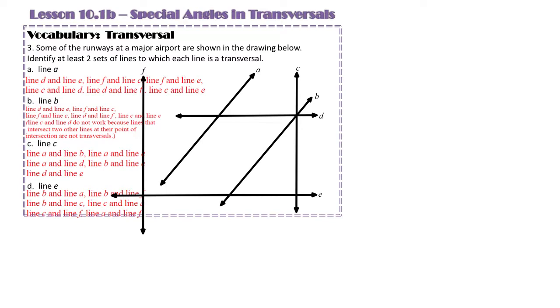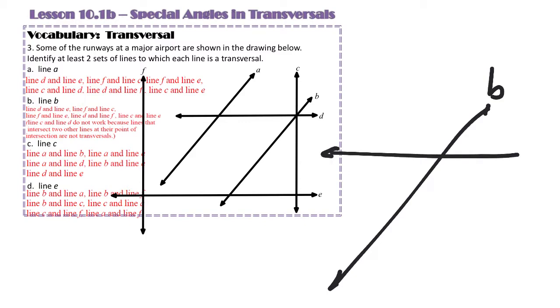So going back to line B, I'm going to try to copy this down. I'm just putting them separately. Even though it's showing all the lines, sometimes it's easier mentally to draw these separately. When I draw line B, I can see it's going through this point, which would have been line D, and line E right here. Which is why it still is a transversal with line D and E, because it's going through this point and